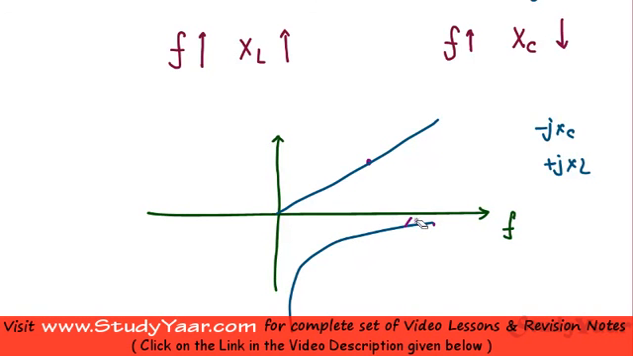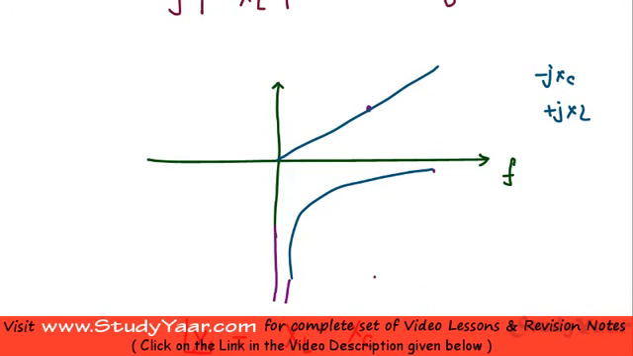If you were to draw a graph between your net reactance X and your frequency, just realize how your XC is behaving. At very low frequencies, your XC is very high. If you extend it, it is like this. At very low frequencies, your XC is very